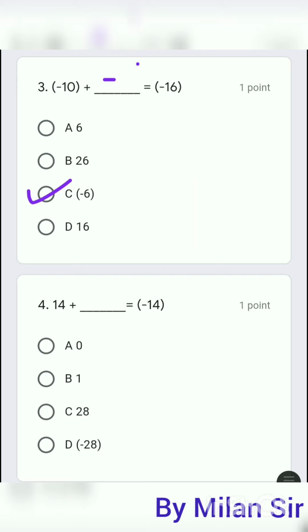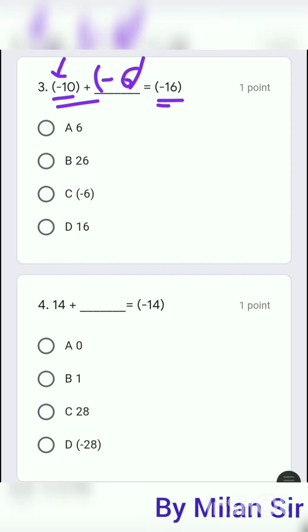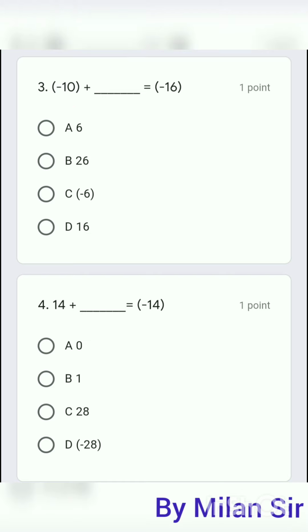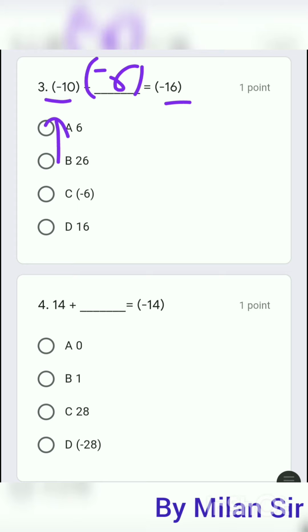Okay, otherwise directly we can think, here minus 10 is there, here minus 16, we want 6 more, right? So here we need to put 6. Here we have negative sign and we want addition, so same sign we need to give here, minus 6. This is also the way of thinking, right? Here we have 10, here we want 6 more, so it becomes 16. Here 10 have negative sign, so here we need to give negative sign, so negative becomes positive, and 10 plus 6 is 16.